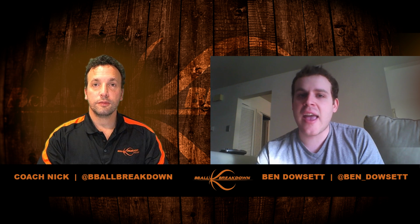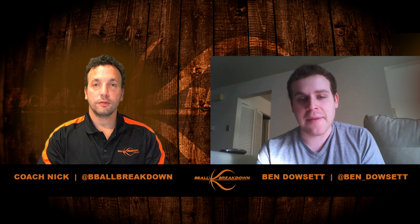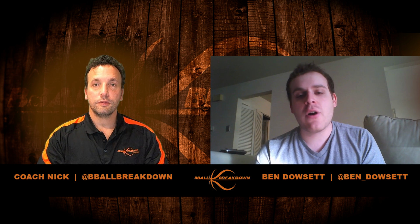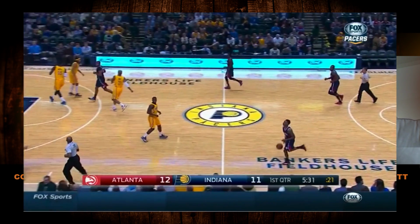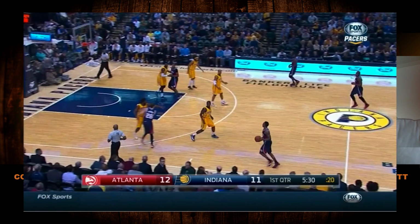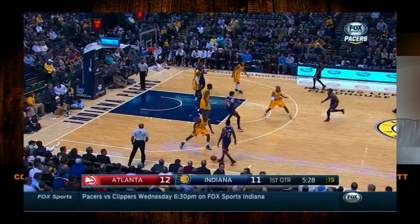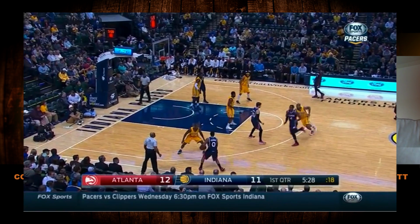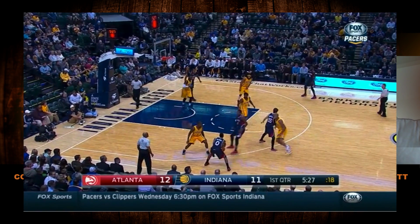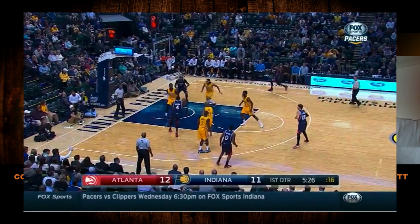Defenses may think they have a handle on that, although again, it's pretty tough to stop with just those two guys. But then they'll add a little bit of variation into it, and in this variation we see Kyle Korver run over and actually set a separate pick on Millsap's man, in this case David West of the Indiana Pacers. He'll set that pick, and Millsap, before he even reaches Teague to set his screen, in a designed play will slip the screen, run towards the basket. He'll receive a pass from Teague, as Teague of course knew what was going on,